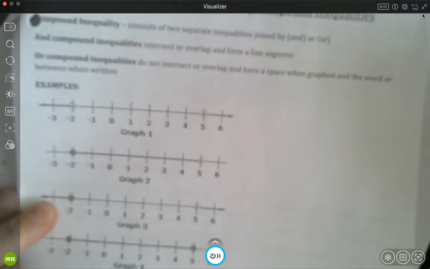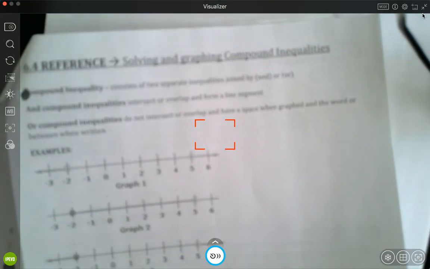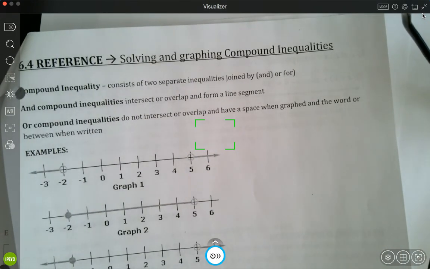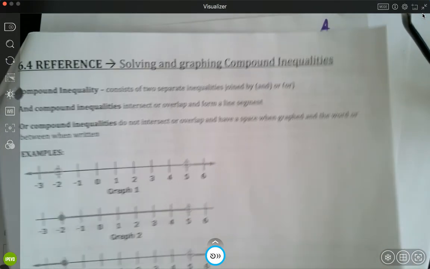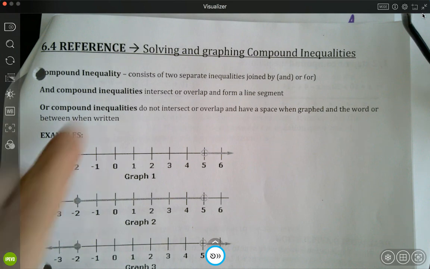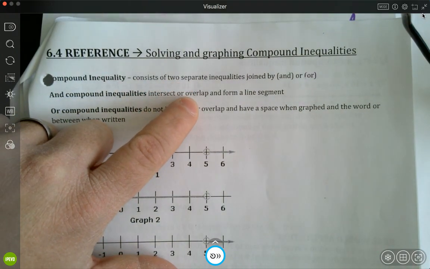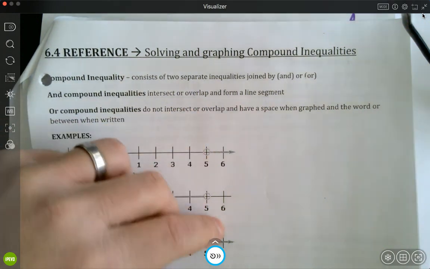All right, in today's video reference, we're moving on to section 6.4, which is solving and graphing compound inequalities. So we were doing multi-step inequalities, which is like multi-step equations, and this is kind of something different, which is compound inequalities. So here goes. A compound inequality consists of two separate inequalities, and you'll either have an